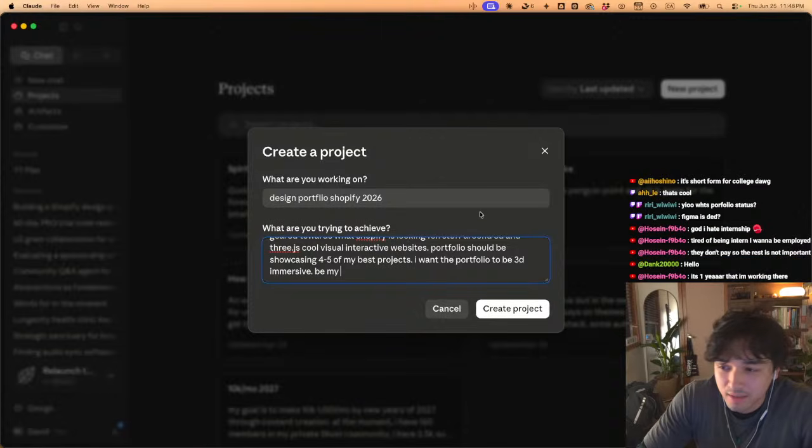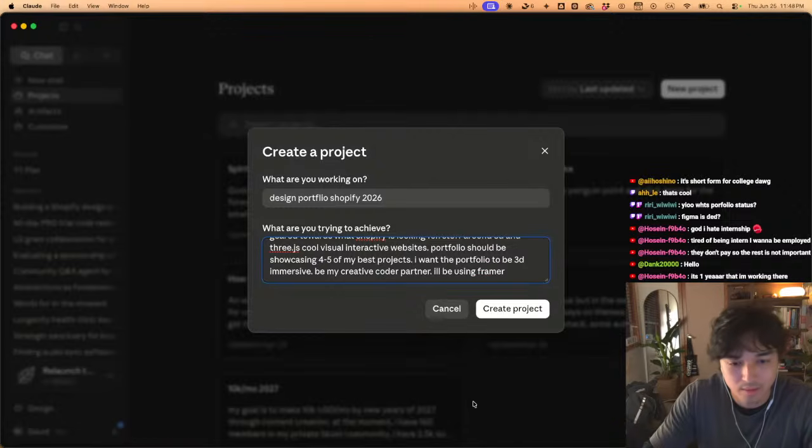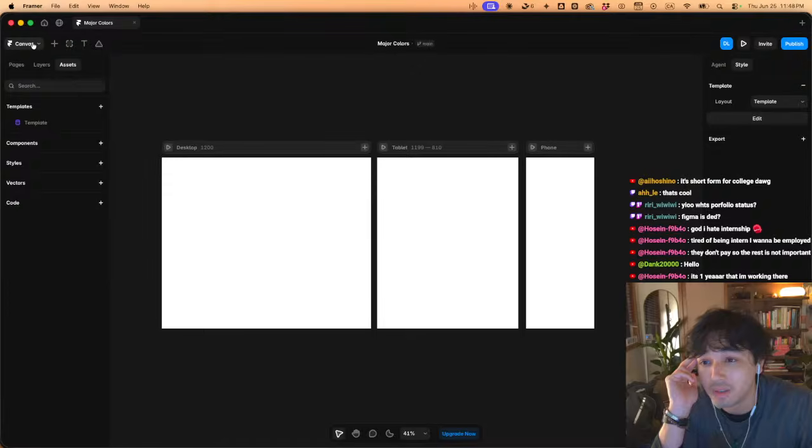What's up, Dank? What's good? I want the portfolio to be 3D immersive. Be my coder partner, my creative coder partner. I'll be using Framer. Wait, okay, and Framer, are we going to be using